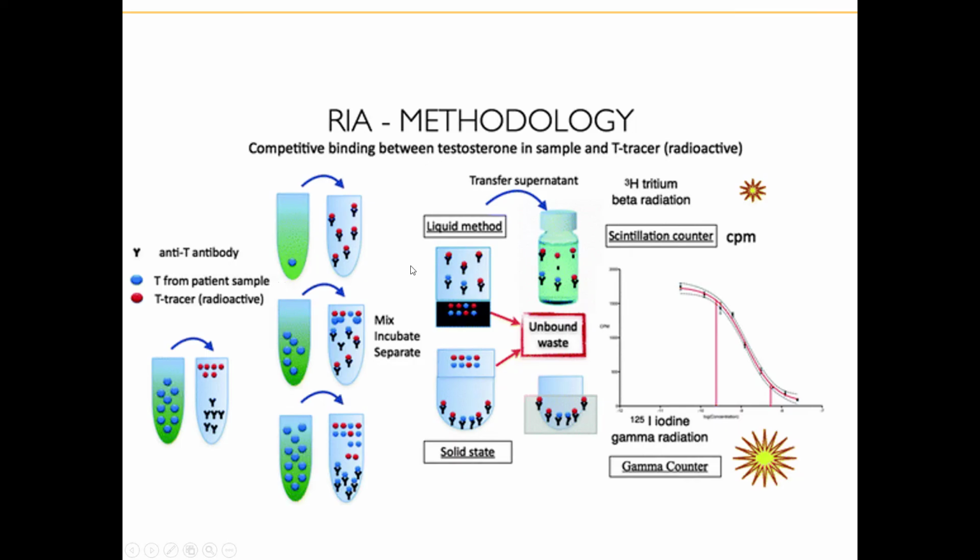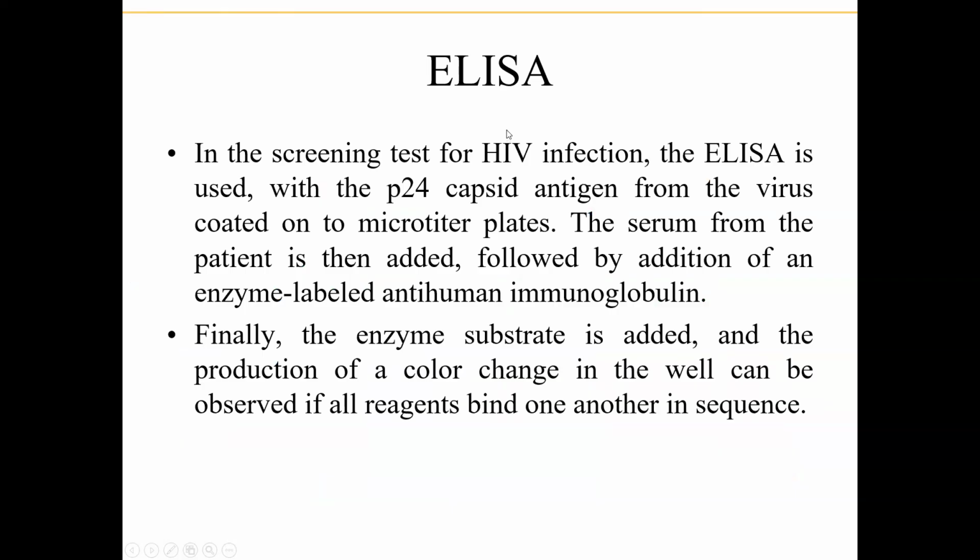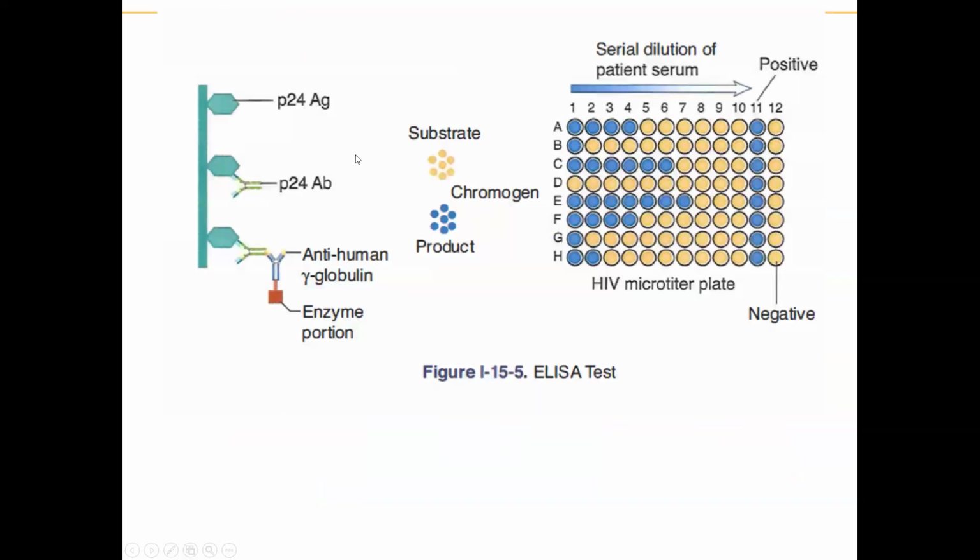When the antibody and antigen complex are there, there's a competitive action between the radiolabeled antigen and the non-labeled antigen, and the non-labeled antigen goes and binds there, and the unbound fraction is measured. While ELISA, same principle, but we use here detection of P24 antigen in HIV and we produce P24 antibody which